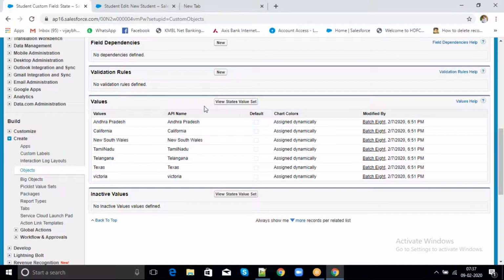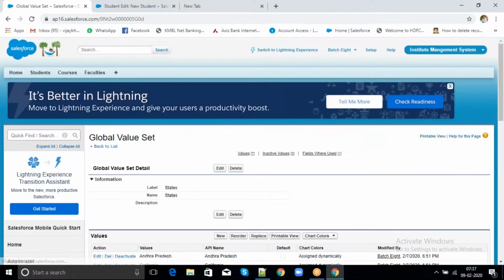Okay. So here, if I open, you can add London, right? If I open this field, here we are not getting options. Just now we got new and reorder. Here it is asking to view the states value set. We have created a pick list value set, right?